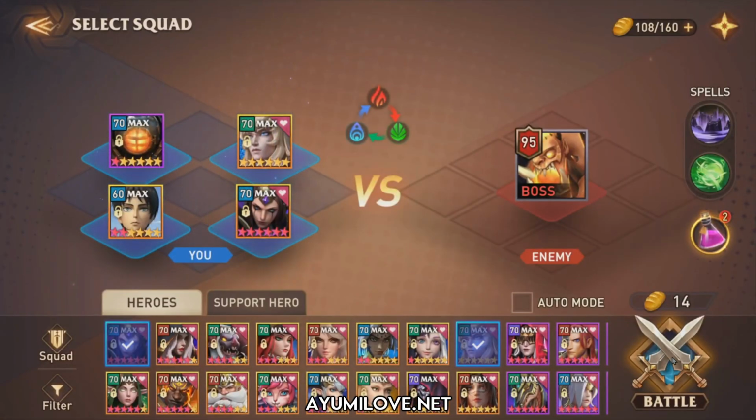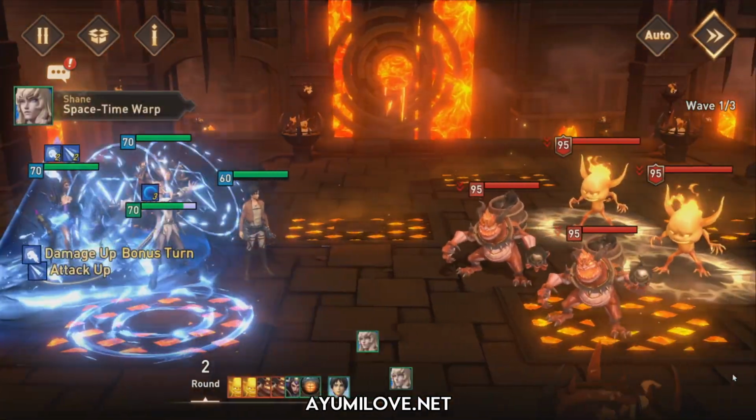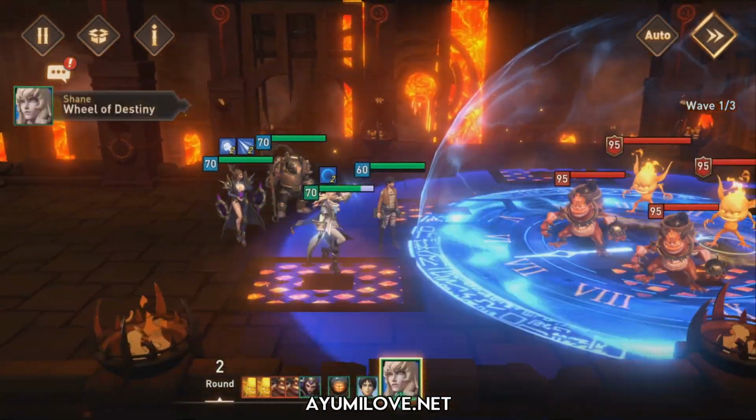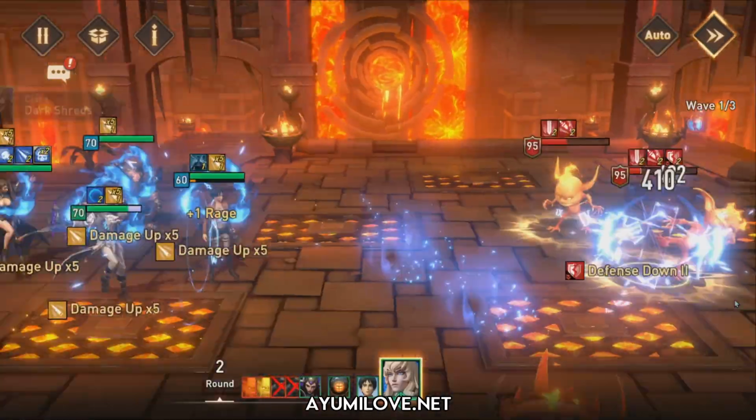So now I'm showcasing Timmons in the Helmut Stage 3, which is far more difficult compared to Helmut Stage 1 and 2, because the 5 imps are now able to revive themselves whenever they receive a fatal hit from your heroes. So in order to show you how Timmons will work, I will now need to manual this run